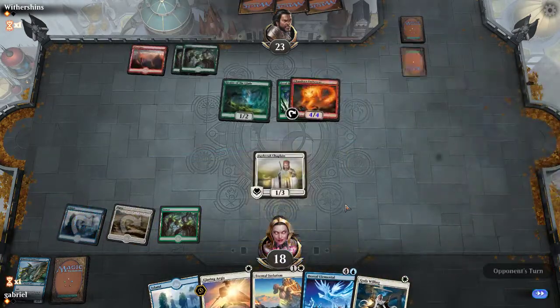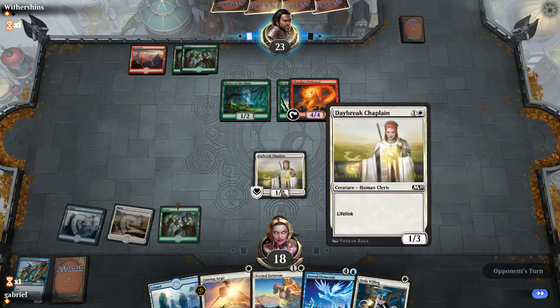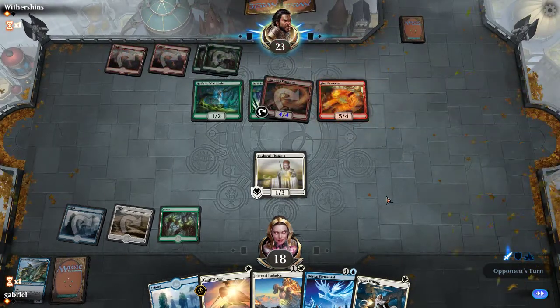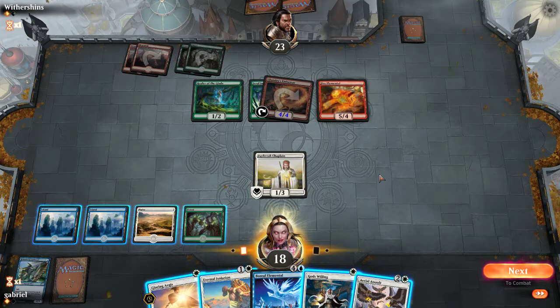We're looking for an Aerial Assault. That would be nice. Also, Aegis plus Chaplain means that we can block this Ember Cat though. Well, there's the Elemental. And there's the Aerial Assault. So I think...